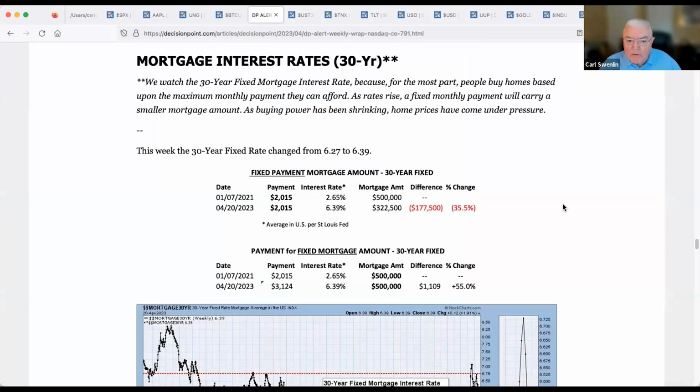This is a section from our DecisionPoint alert. We track the mortgage interest rates and basically showing how the interest rate increases are killing the real estate market. And this was January of 2021. This is a fixed payment table here. This is showing at the low of 2.65%, a $500,000 mortgage payment was $2,015. Most people buy houses not based on the price, but based on the monthly payment. So if that's the max this person can afford,